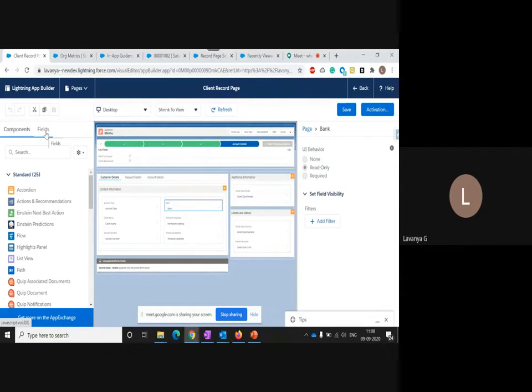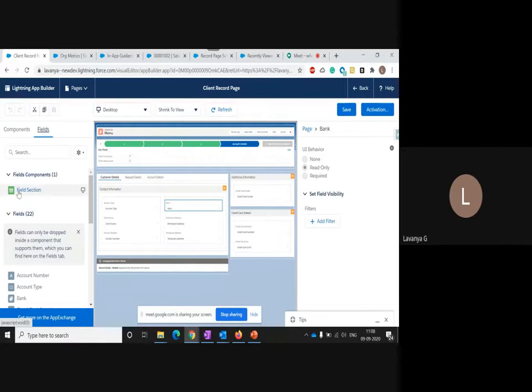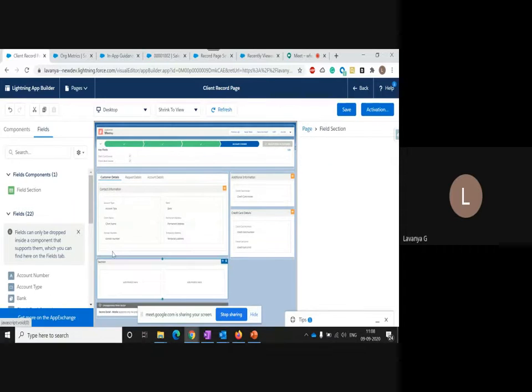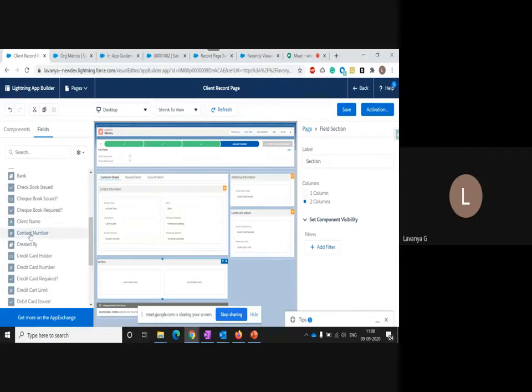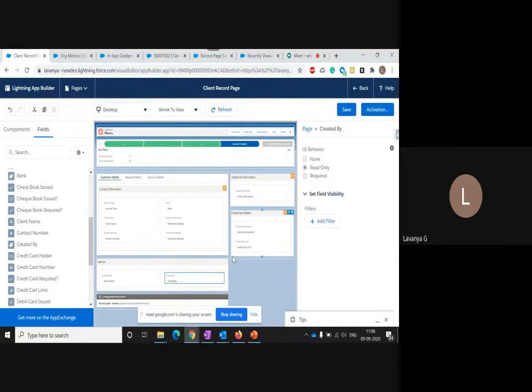One is the field section. This section is additionally enabled over here. So with the help of this, you can create a new component field section. This is the major section which supports all the fields and the dynamic form pages. Yes, I'm just showing you. So you can place the section anywhere and you can paste your fields wherever you want. It is that much easy now.